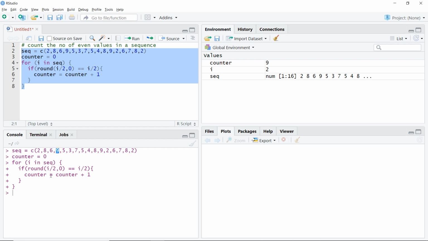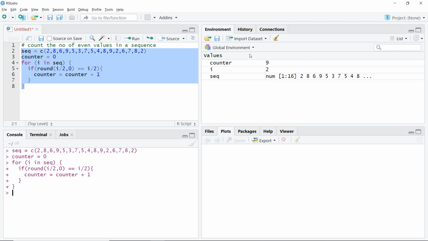Then as soon as it went to 9, it checked whether 9 is even or not. Of course it was not even, so it skipped this term and went back to our loop. So I'll just count how many even numbers we had. 1, 2, 3, 4, 5, 6, 7, 8 and 9.